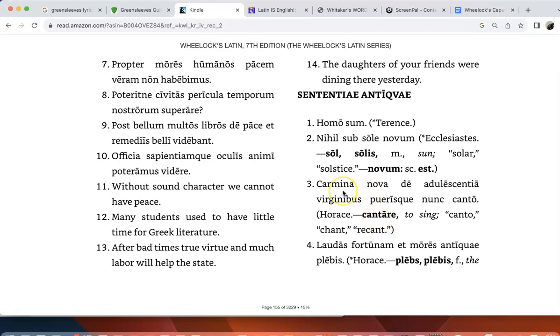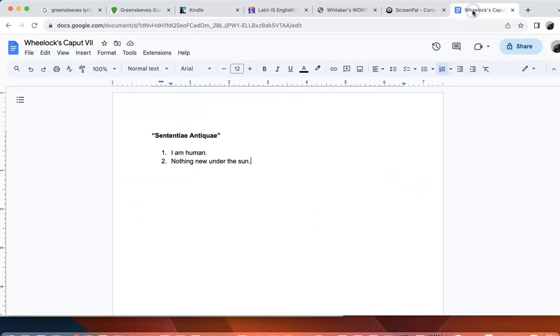We kind of need to come up with a slightly better translation. So now I sing. So let's try now I sing new songs about the adolescence of young girls and boys. Now, let me write this here. So now I sing new songs about the adolescence of young